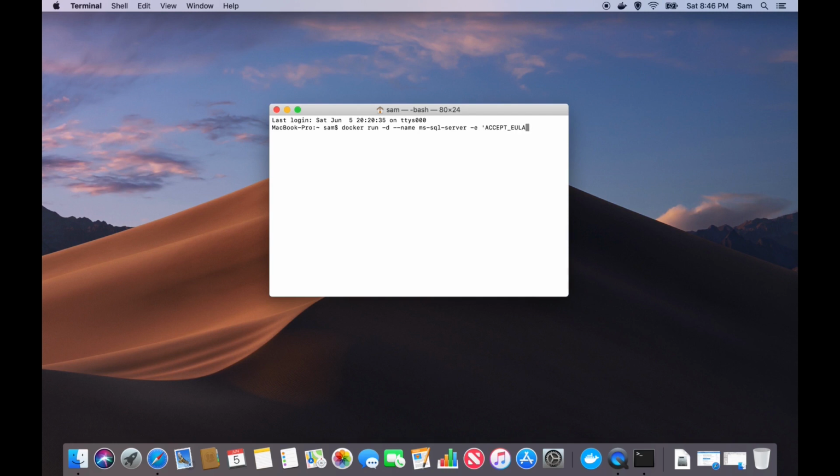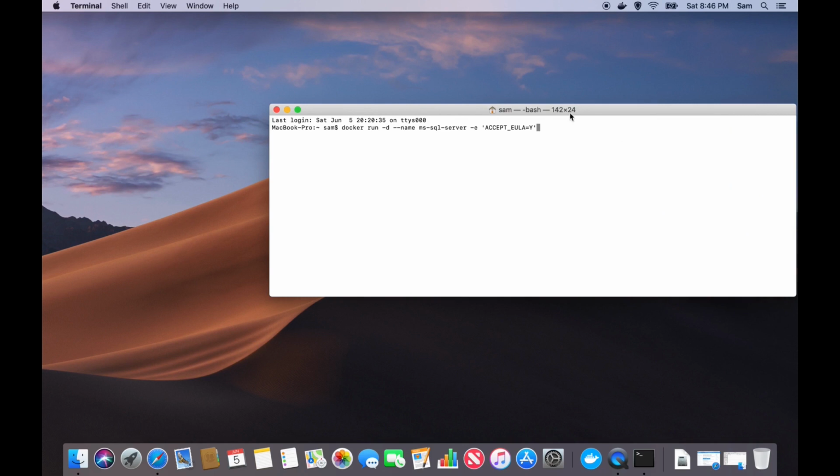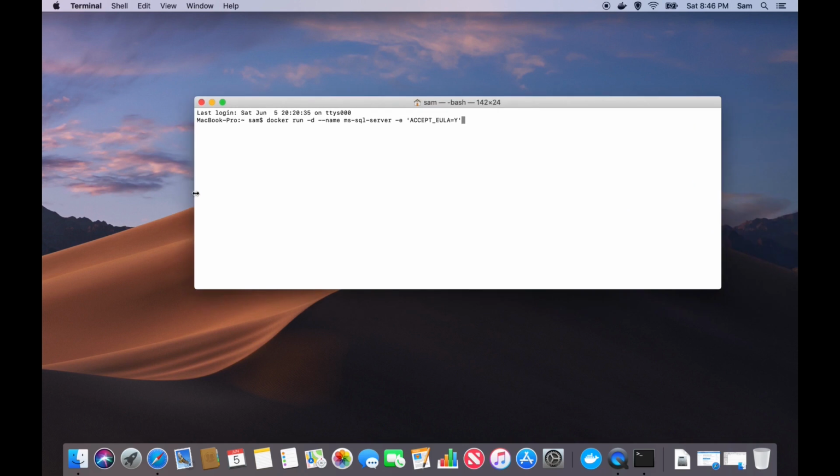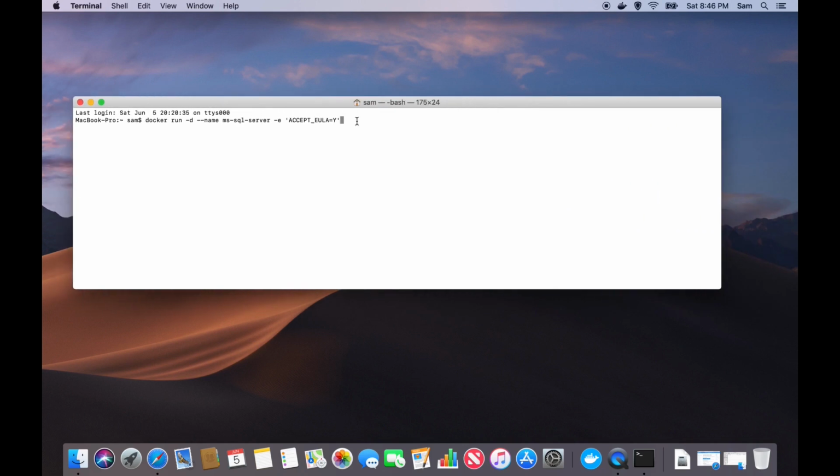-e stands for environment variable. So here we are giving an environment variable, which means accepting the end user license agreement. That is ACCEPT_EULA. We need to give Y, which means we are accepting the license. And next -e means another environment variable, and it's going to be the password. The password can be anything. I'm just giving ValueTech